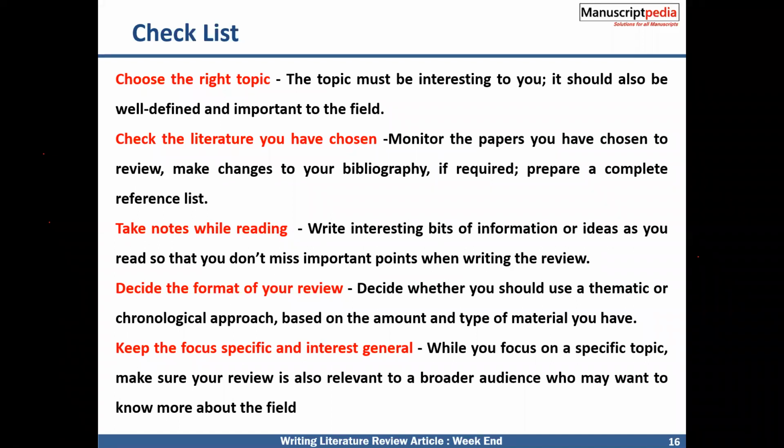Next, you can take notes while reading. That is the screening process. As I said, you have to open an Excel sheet and categorize as per the theme. That is very necessary, because if I am choosing a sedimentation theme and keep other articles inside that theme, it will be irrelevant to the field.